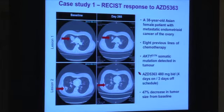But what we were really excited about, once we'd proven that we could get away with an intermittent schedule, where you could get the best of both worlds, you could get the least toxicity of rash and diarrhea, and actually hit the target hard enough and patients could actually tolerate it. We saw 2 responses. One of the responses was in Japan, in a 38-year-old Asian female patient with endometrioid ovarian